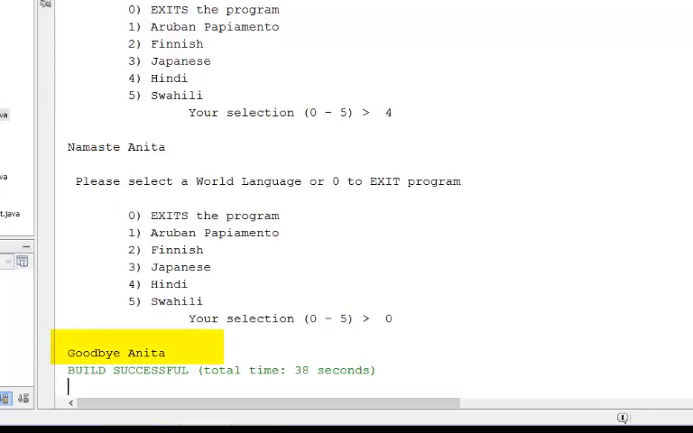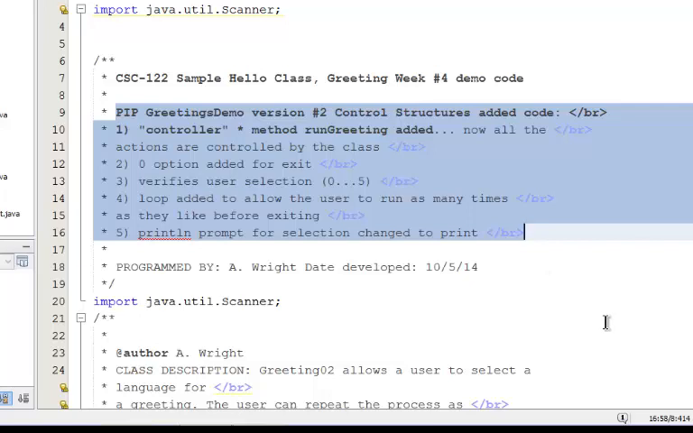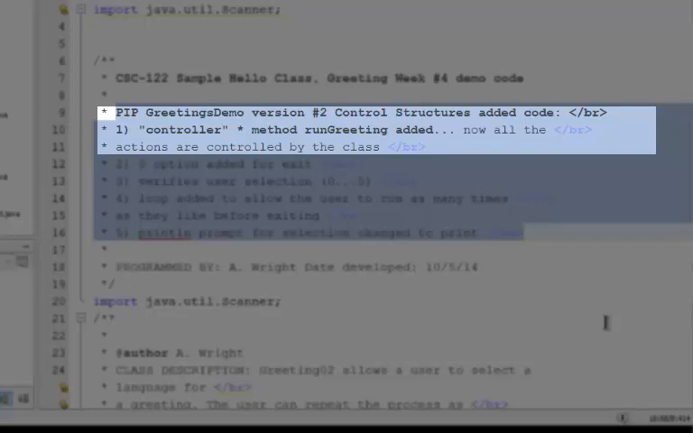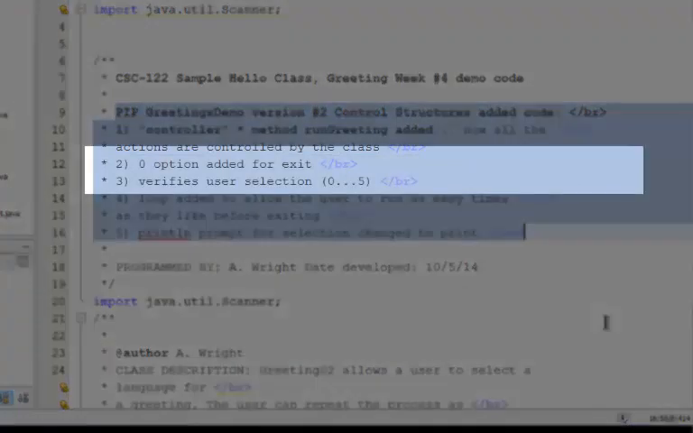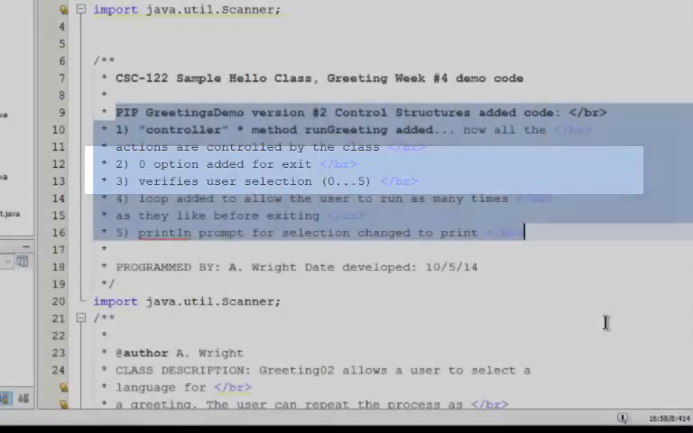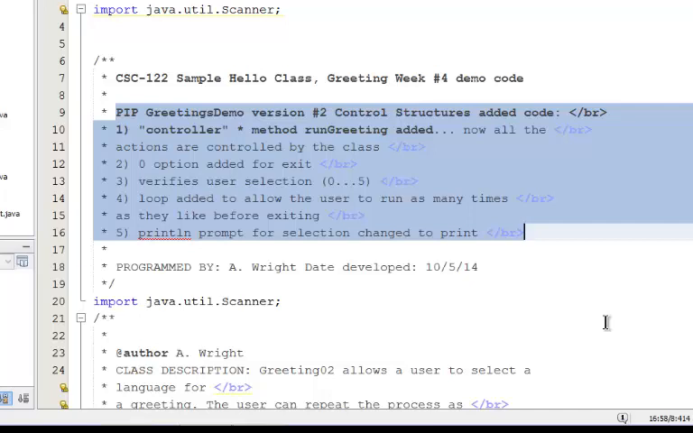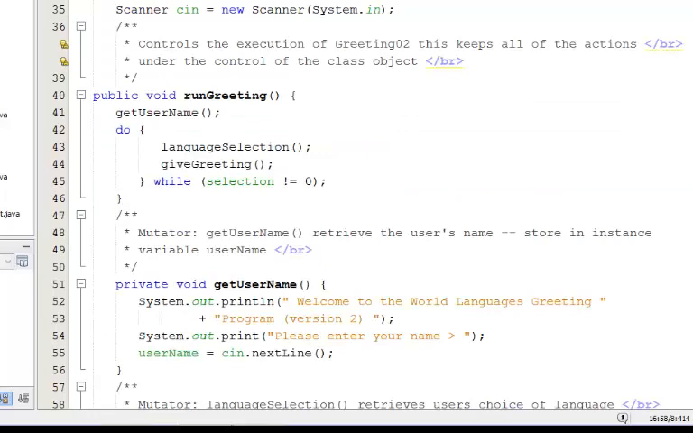Let's take a look at the changes to the Greetings02 class. As discussed in the PowerPoint part of this presentation, we see the changes being made are that a controller method has been added, the runGreeting method, and we called that from the GreetingsDemo. The 0 option has been added for exit. We're going to validate the user selection, add a loop to allow the user to run the program as many times as they like. Here is the runGreeting method that's been added as the controller of the program from within the